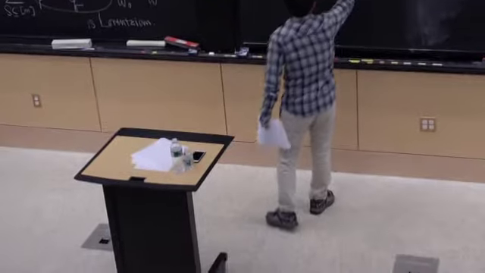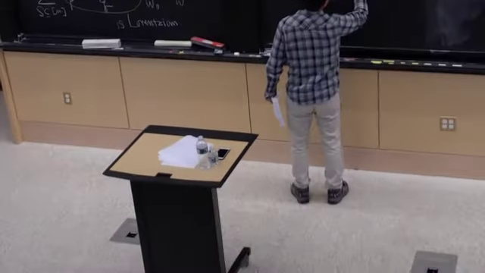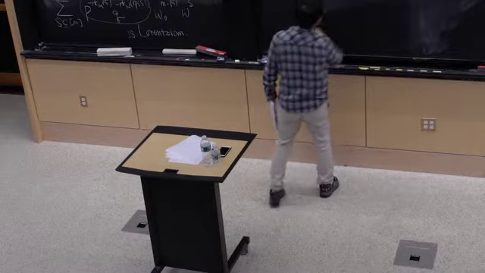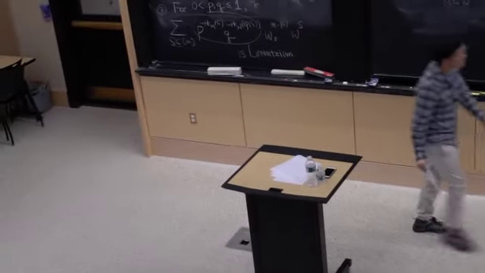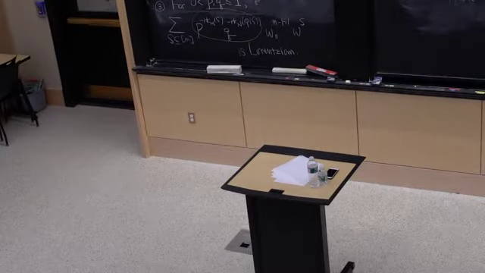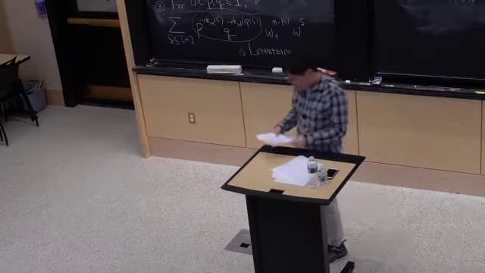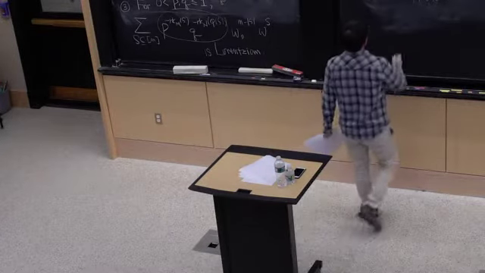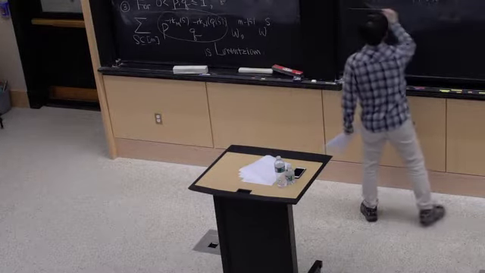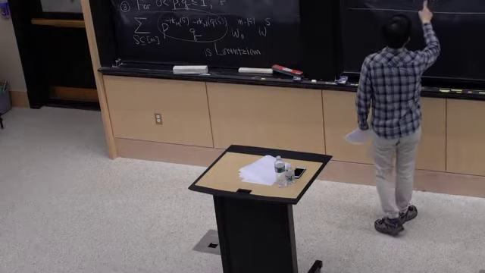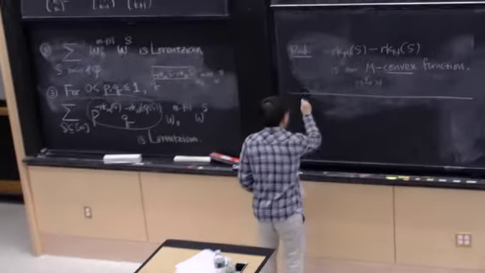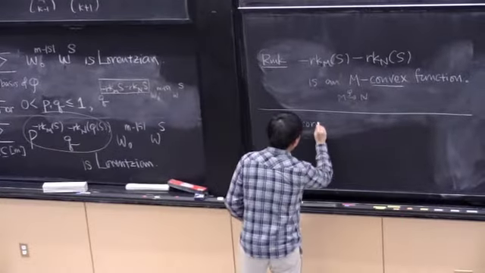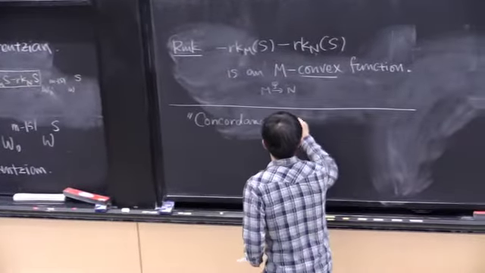So what makes this convexity possible is the fact that the identity map on the ground set is actually a morphism from M to N. And this translates to M-convexity if you play with it for a while. Okay. So the identity being a morphism is what's called the concordance condition